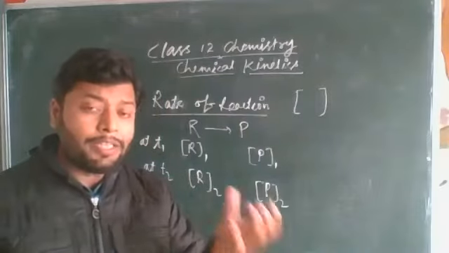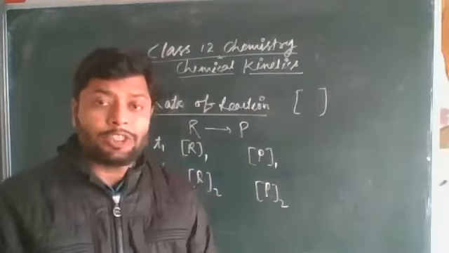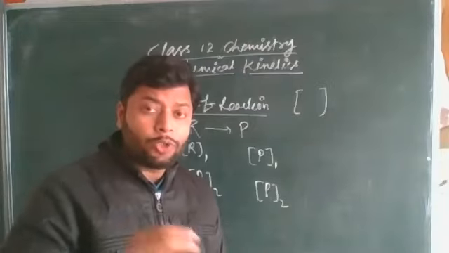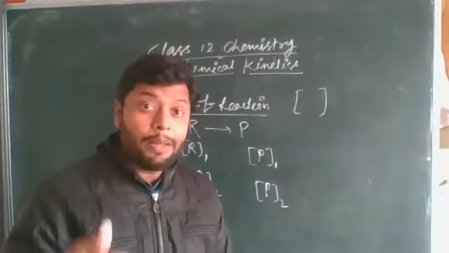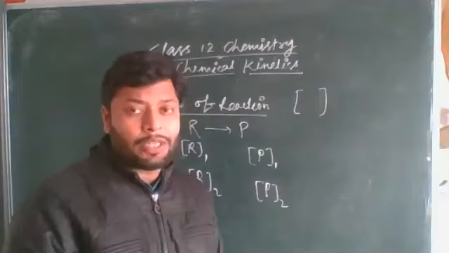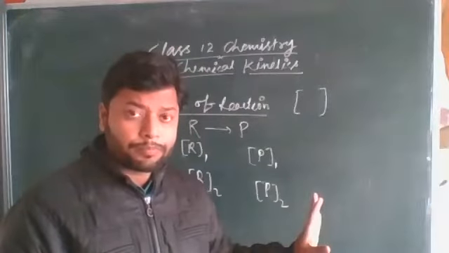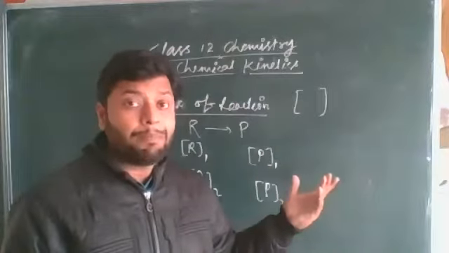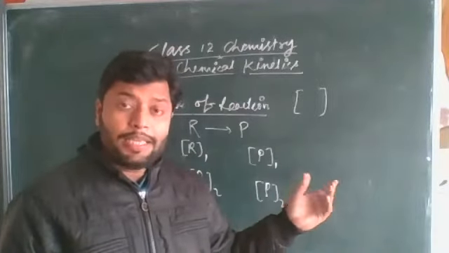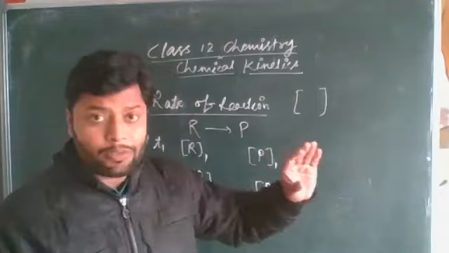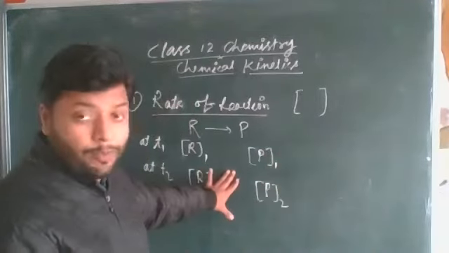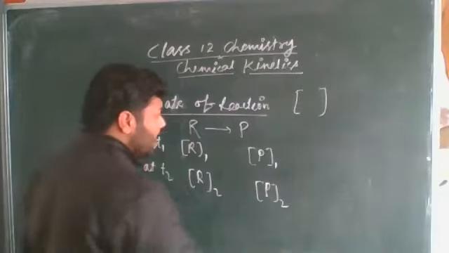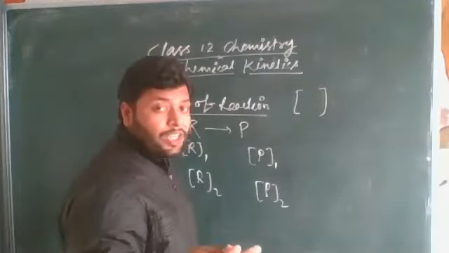The concentration of the material that takes part in the chemical reaction is called molar concentration, and the unit is mole per liter, generally, for any type of reactant or product. For gaseous species, it can also be in atmosphere or bar in terms of pressure, in the standard condition. We will write the unit after this equation. So with the passage of time, now we can define that